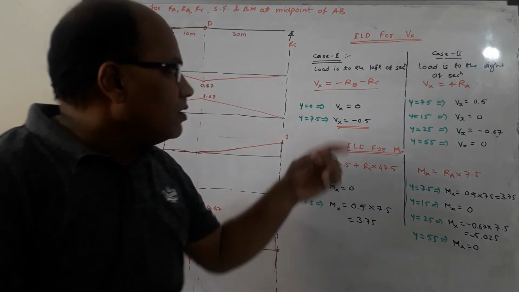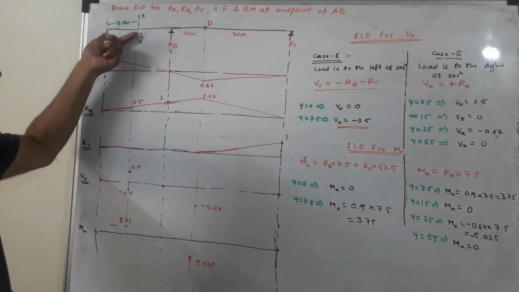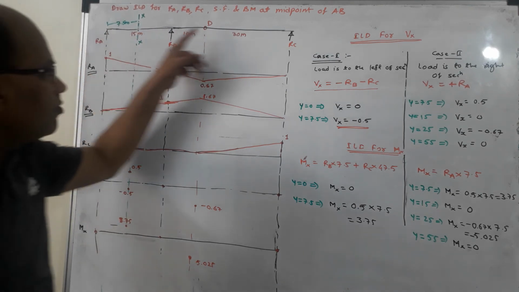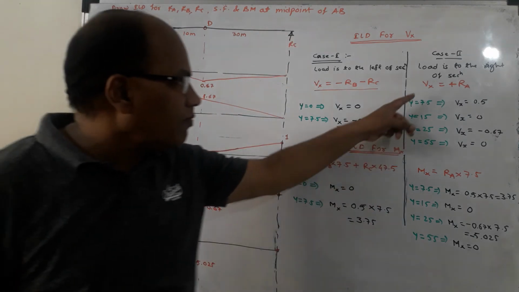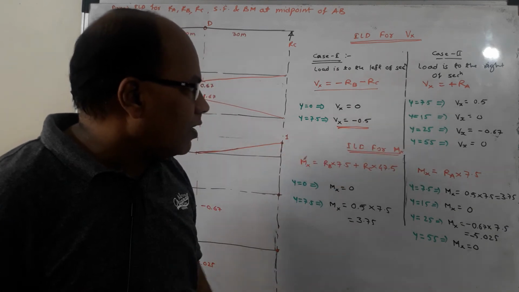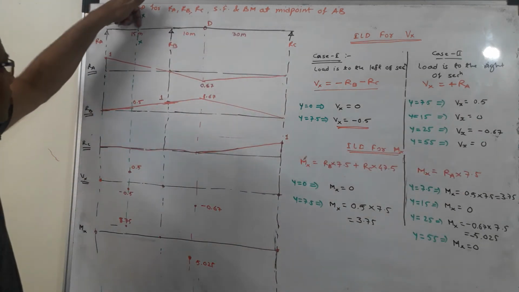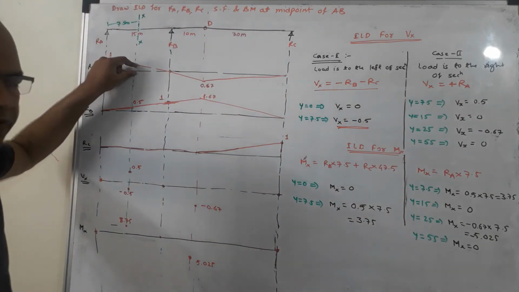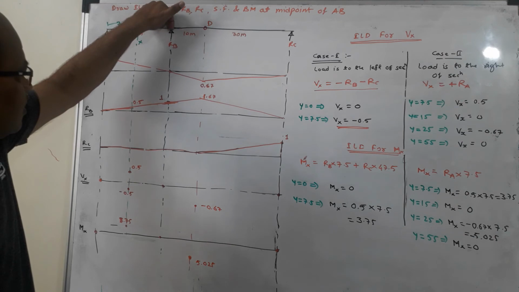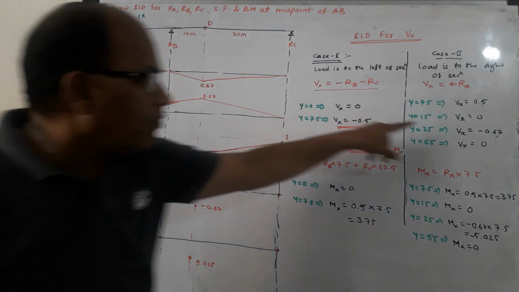Now when the load moves to the right part, we'll be getting the values of shear force from the left part. Right part starts from over here, y will be 7.5, y will be equal to 15, y will be equal to 25, and y will be equal to 55. So these are the four values, 7.5, 15, 25 and 55, which should be assigned to y. And when y is equal to 7.5, Vx is equal to Ra. So when y is equal to 7.5, check the value of Ra, it is 0.5. When the load takes this position, that is exactly on the top of B, then what is the value of Ra? Ra is 0, and that is why Vx is equal to 0.